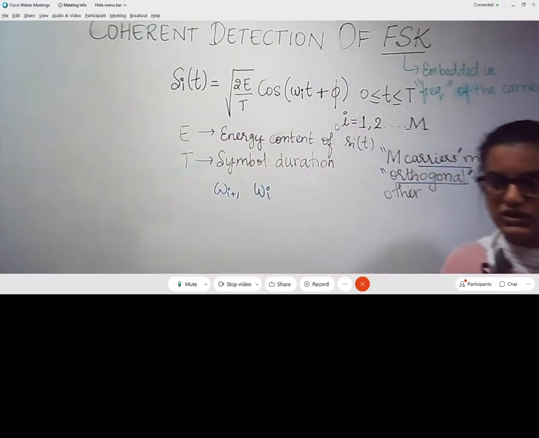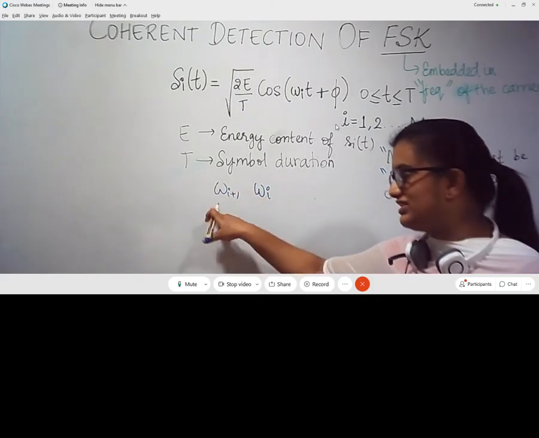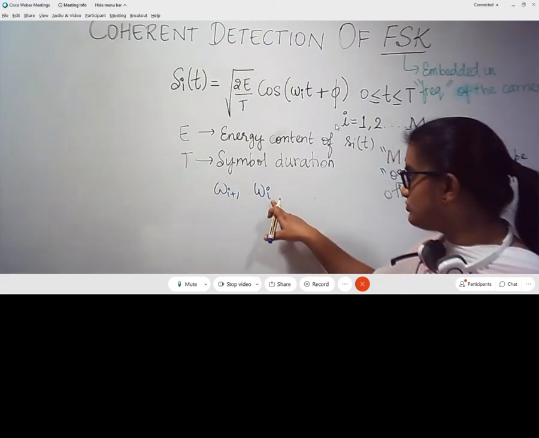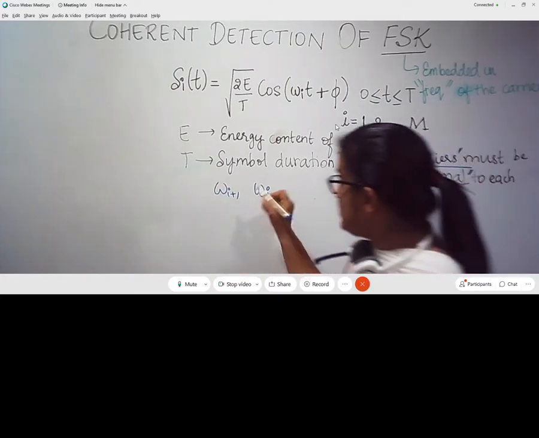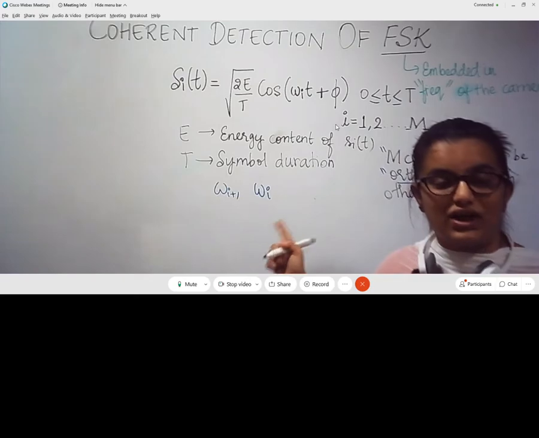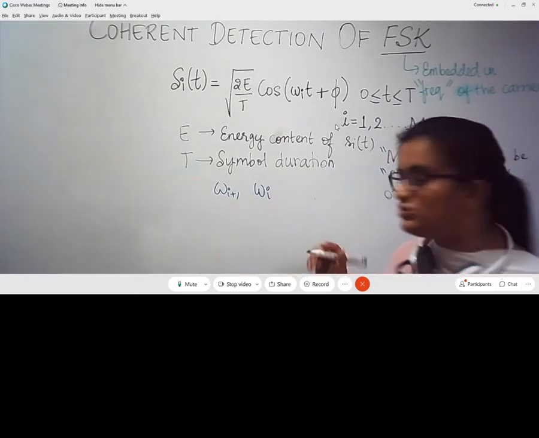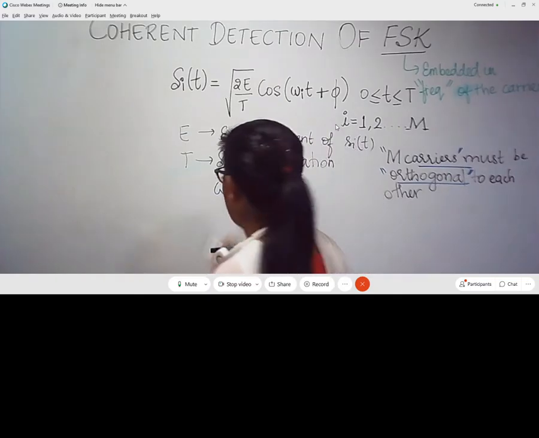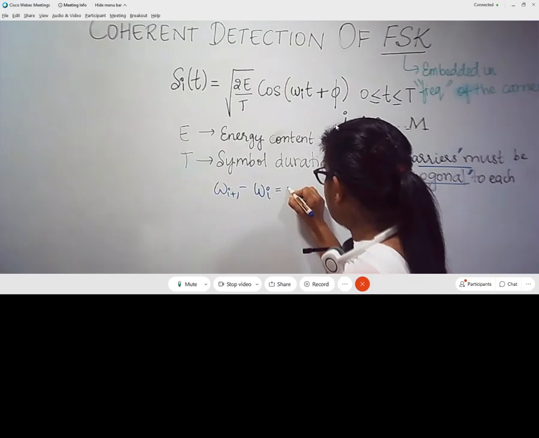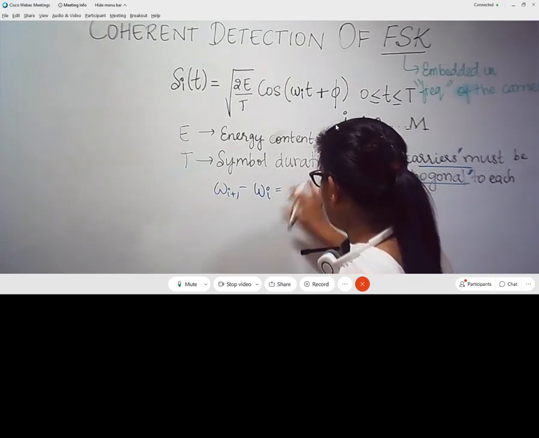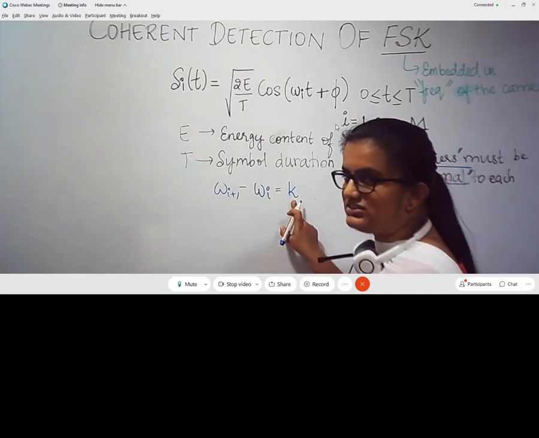So if this is omega 1, this will be omega 2. The frequencies omega i and omega i plus 1 are chosen in such a way that the difference between these two frequencies should always equal an integer multiple,